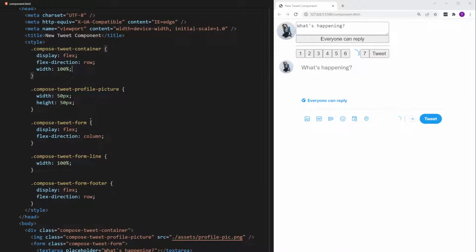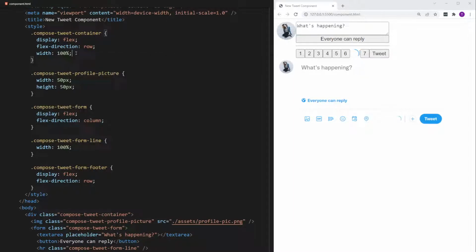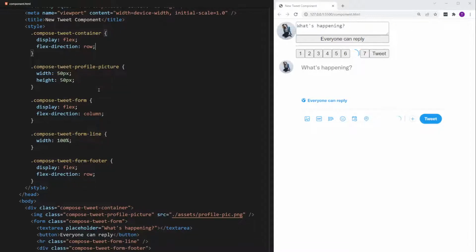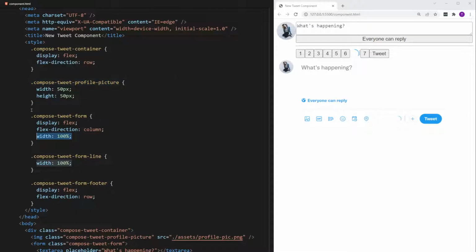And I think we also need to do the tweet form. Let's move this down to the tweet form. There we go. So that's going 100%. So that's occupying 100%, but I think we are also giving, let's see, we can